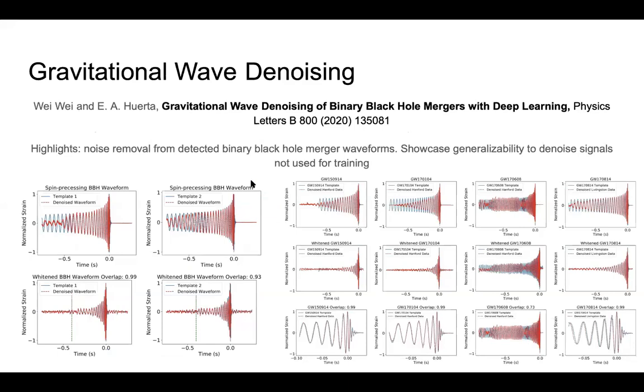Now, another application is related to gravitational wave denoising. And here the idea is a signal has been detected. Can we go and actually remove the noise and noise anomalies that are present in the data? And so we found that by using neural networks, we can, for example, take any of these detected gravitational waves that you see on the bottom right, feed this neural network with real LIGO data that contains a signal, and then the output is this clean signal that you can see there in the top